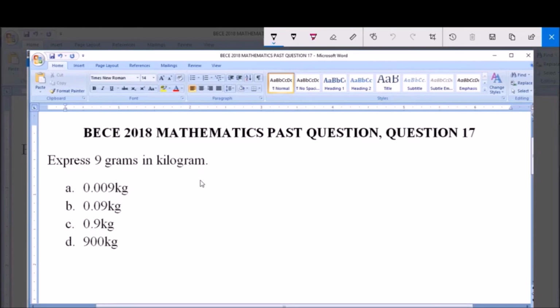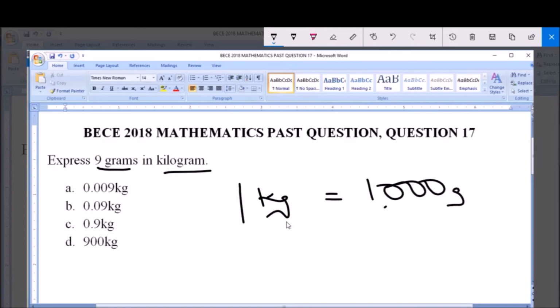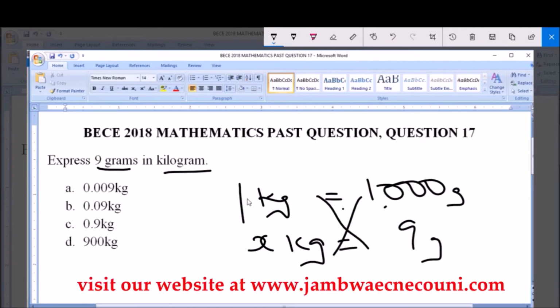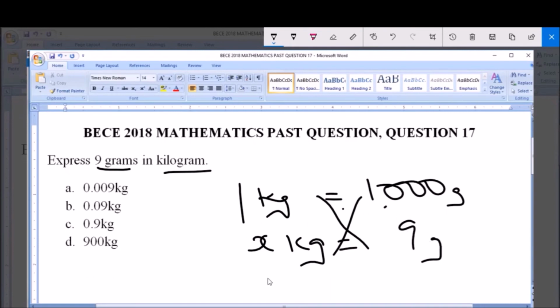So we have to express 9 grams in kilogram. And like we know, 1 kilogram, 1 kg is equal to 1000 gram. 1 kg is equal to 1000 gram. Now we are asked to find 9 grams. So x in kilogram is equal to 9 gram. Now let's cross multiply. When we cross multiply, this 1 kg here will multiply this 9 gram here. So therefore we'll have that 1 times 9 will give us 9